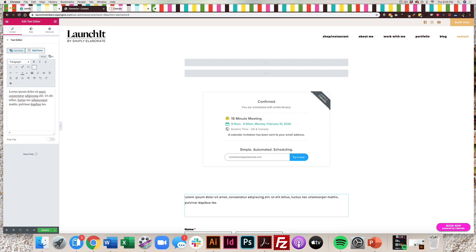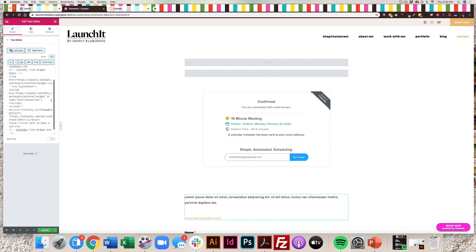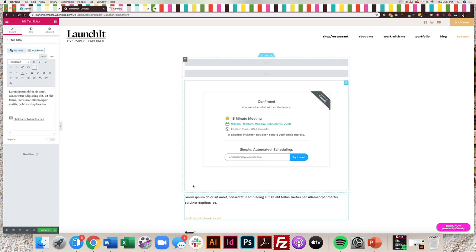Oops, I have to put it in the text. So I've put it in the text portion because when you're in visual in a text editor, it turns all of that into like regular writing, which you don't want. So you can play around and then see how it says click here to book a call. I wouldn't really play with that one too much. If you're new at doing this, I would stick with embedding directly on the page or this button. So those are the ways that you would sign up for Calendly, set up your first appointment, and get it